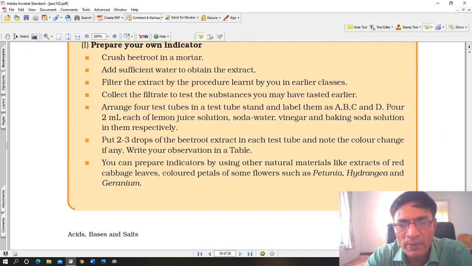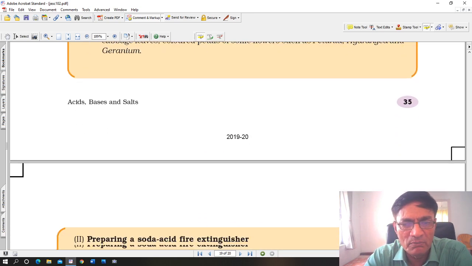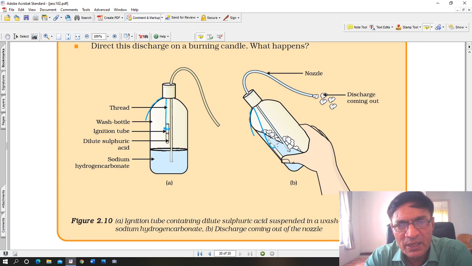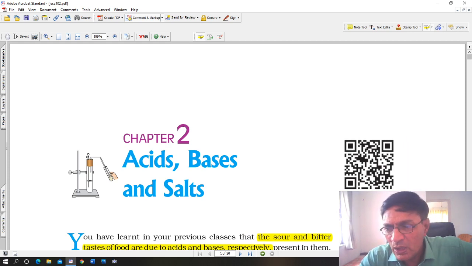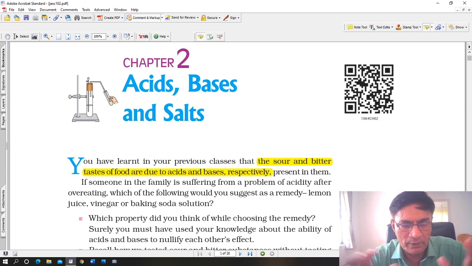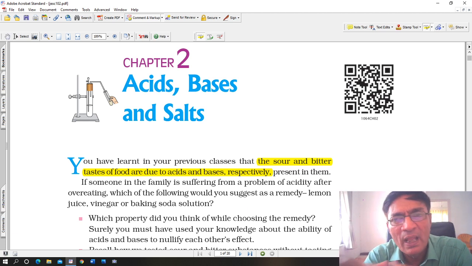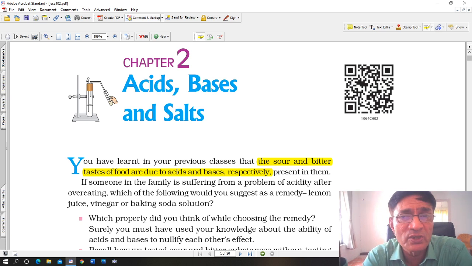Okay, so just make sure that you go through the PDF carefully, and that PDF is not simply for having a look on your mobile phone or your tablet or anything like that. Okay, it is actually meant for you to learn. You can download it when I send it to you. Just save it to your mobile or tablet, and after you have saved it, you can look at it a number of times. The best thing to do would be to write those question answers in your notebook, because then it will be easier to study from your notebook. And these are official question answers from the chapter itself.